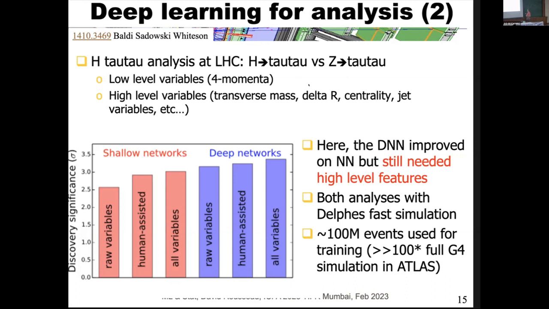But the main thing is that I've used quite a large number of events, 100 million events. When you work in ATLAS or CMS, if at the end of the day in your analysis after all selection you have 100,000 events, you are happy. Okay, meaning that the number of events there is at least 2 orders of magnitude larger than what we can use in real life.